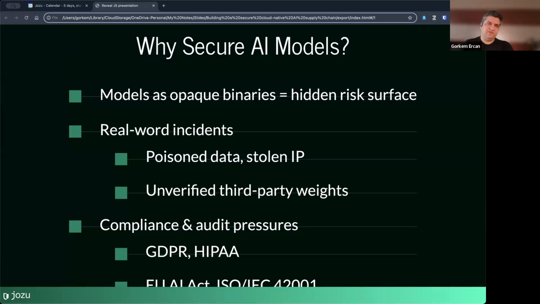And then on top of that, there are the compliance and audit requirements that are coming in or exist. Like the GDPR and HIPAA are two, if you are familiar with those. They apply to applications, but they do apply to AI/ML or applications that are using AI/ML.